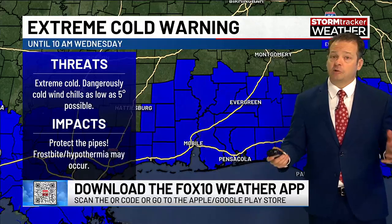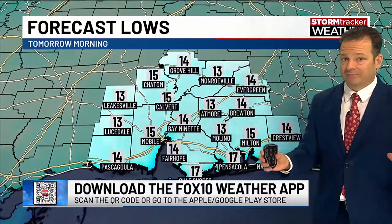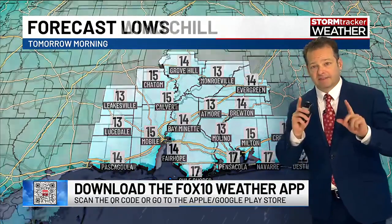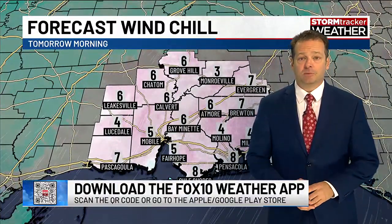This is another part of the story I haven't talked about as much, but tomorrow morning is going to be down into the teens. So about as cold as we ever get. 15 in Mobile, 15 Calvert, 13 Monroeville, and then the wind chills down into the single digits. So bitterly cold for us overnight tonight, going into tomorrow morning. We'll have a lot more